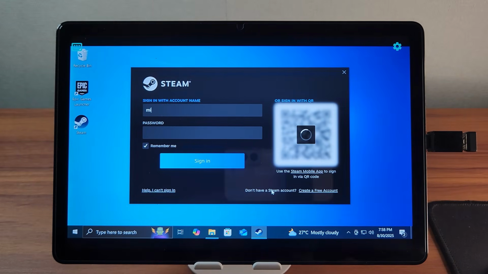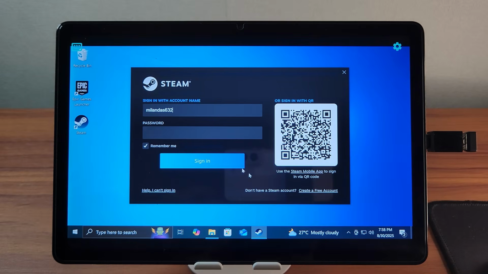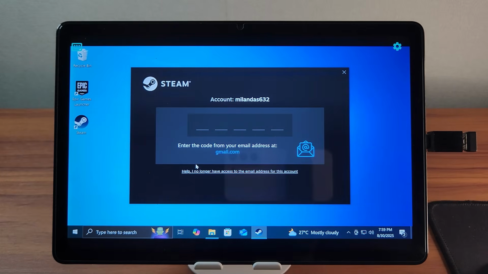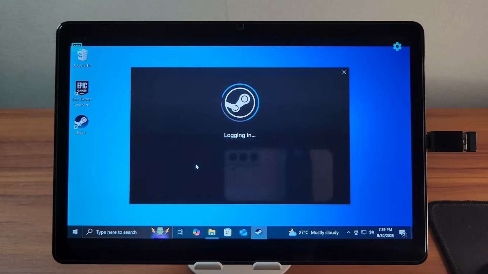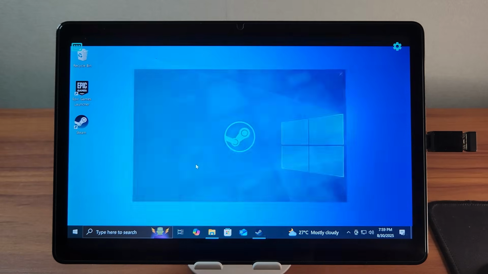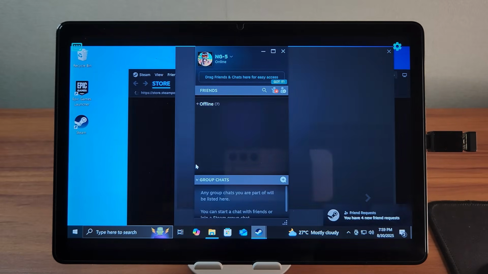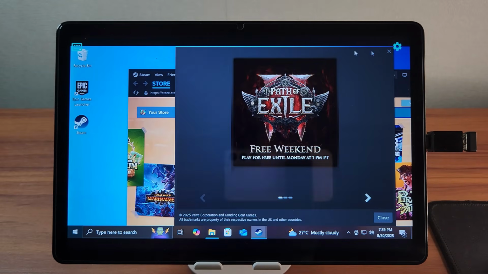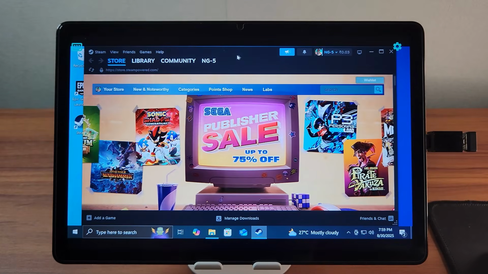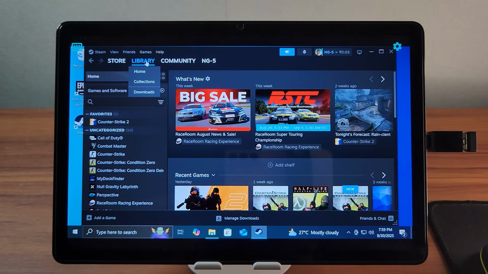After installation, launch Steam and log in with your account. Once logged in, you will see the familiar Steam dashboard with Store, Library, and Community tabs.